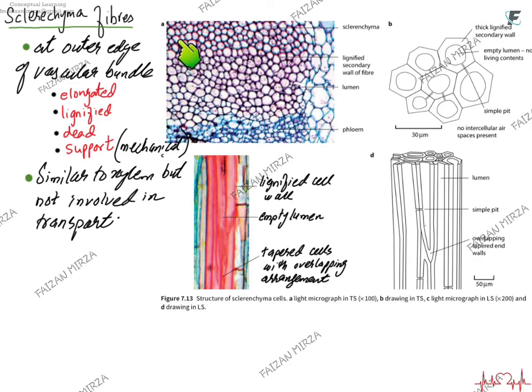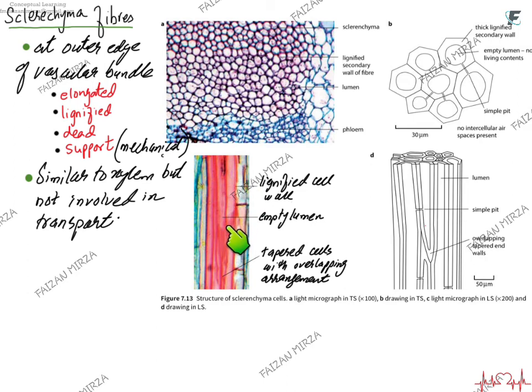So this is how these sclerenchyma fibers look in a vascular bundle, very heavily populated. You can see they are just clustered all together. And these are the sclerenchyma fibers. If you look at them through a lengthwise or longitudinal section, this is the lignified cell wall, and this slant here, this wall,